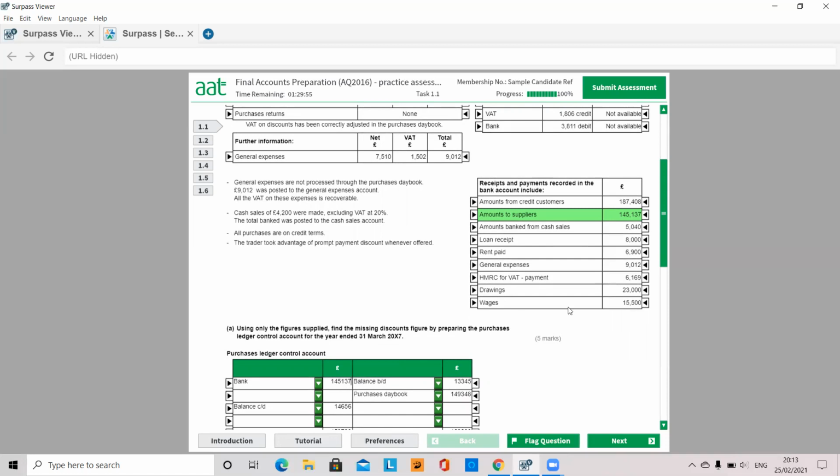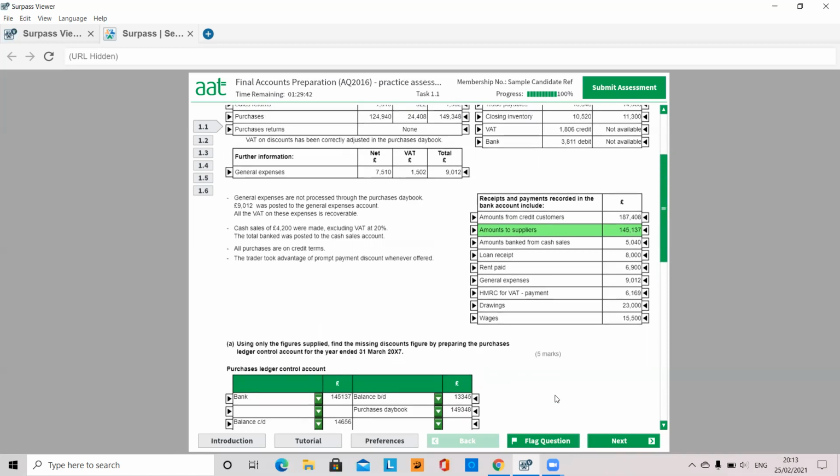So we paid our suppliers 145,357. Okay, and the figure we're trying to find is the discounts figure, so the missing discounts received figure. So we need to have a look and see. Well, we've been given the balance